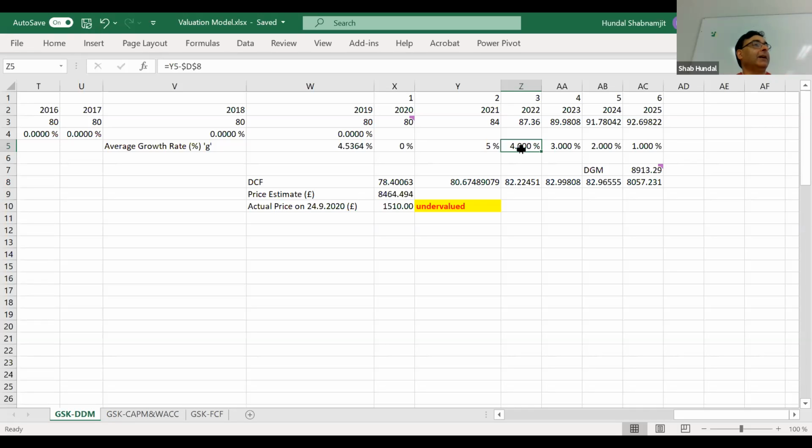There is a saying that hope for the best and prepare for the worst. When you hope, you hope that something good will happen, but when you are making preparation, you prepare as if the worst will happen. Then you don't go wrong. So here I make an estimate that in the next 4 years, or rather 5 years, the dividend will grow, and in 2025, I assume that the growth will be 1%. So you can see that this growth rate is reflected, and if this conservative attitude turns true, then we can make an estimate that by 2025,